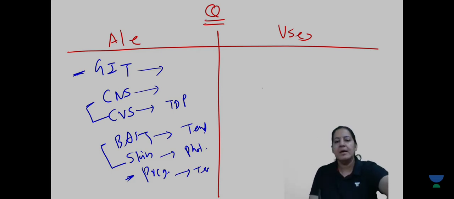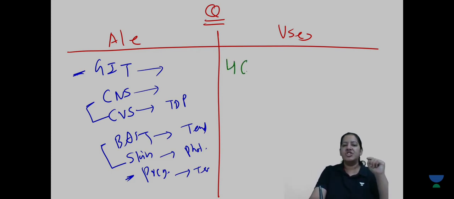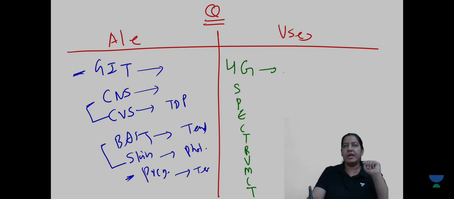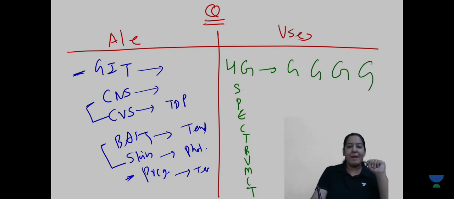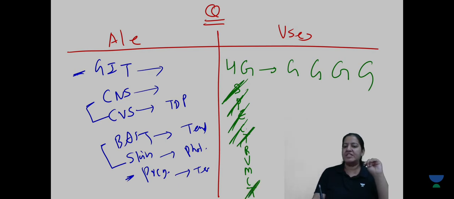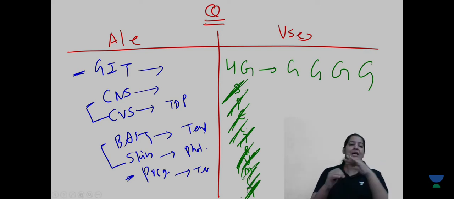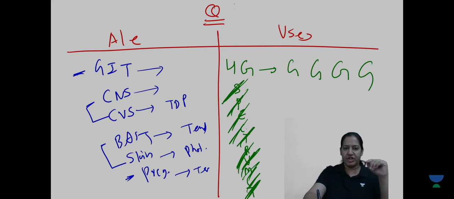Users, who will tell me the uses? 4G spectrum. Who will tell me the answer? 4G, you know 4G: gonorrhea, gastroenteritis, gynecological infections, and gram-negative bacteria. Right? Spectrum: S is septicemia, prophylactic antibiotic, enterocolitis, chancroid. Two T's are there, one is typhoid, one is TB. Right? RTI, respiratory tract infection. UTI, urinary tract infection. Meningitis, conjunctivitis. I am done. So adverse effects and uses are in front of you for the chapter quinolones.